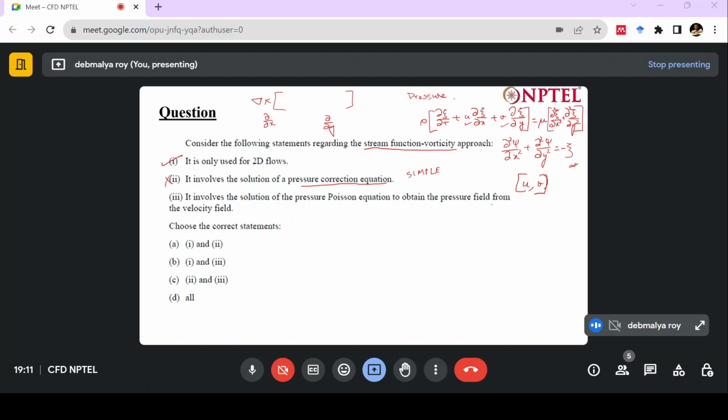So how can we arrive at that? The method we can use is described in your lectures. If you take del del x of the x momentum equation and del del y of your y momentum equation and add them up, what you will arrive at after a few cancellations with the help of